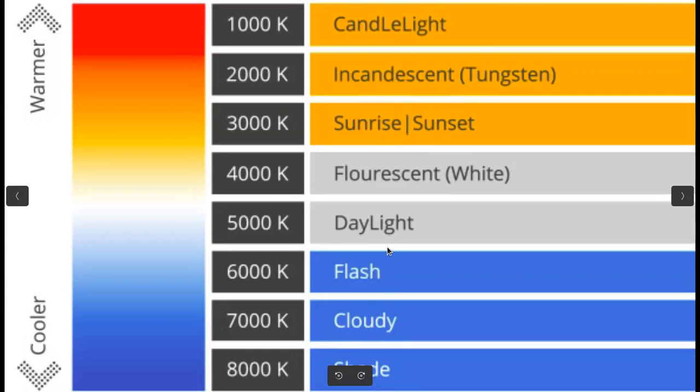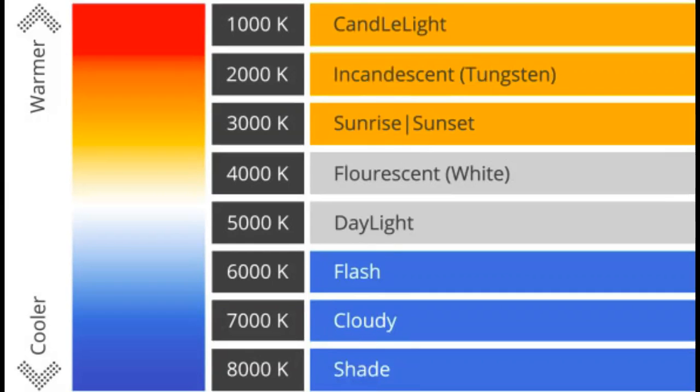These settings are available in the majority of digital cameras that we get, whether it is Nikon or Canon or even low-price handsets, cameras or mobiles. They also have this sort of white balance settings, right?